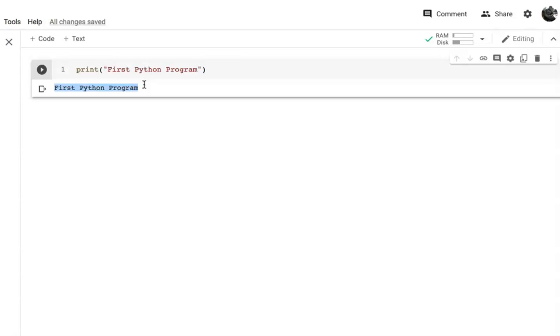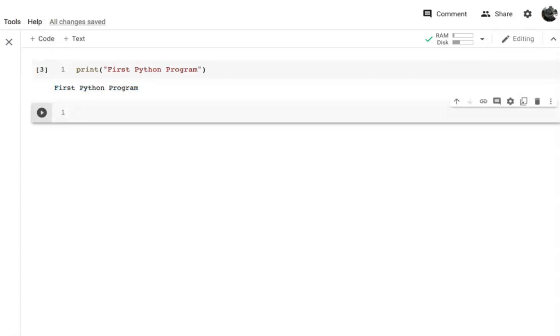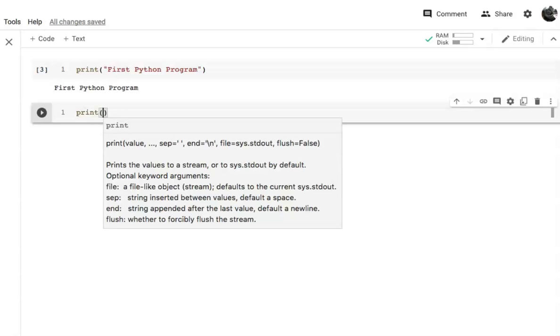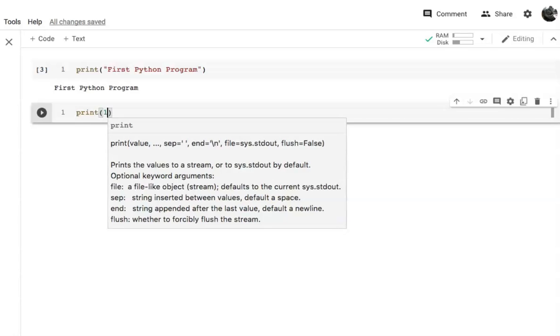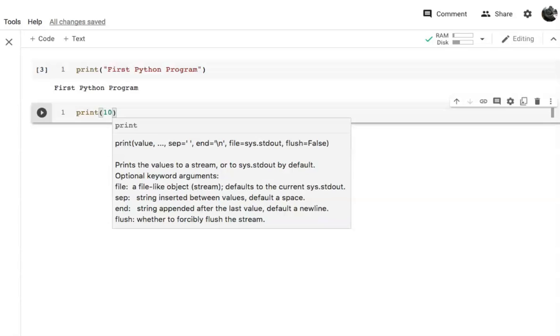Now let's take another code cell. Click here and start writing your code. To print some constant value or integer value, write print and inside the parenthesis write that value, for example 10.